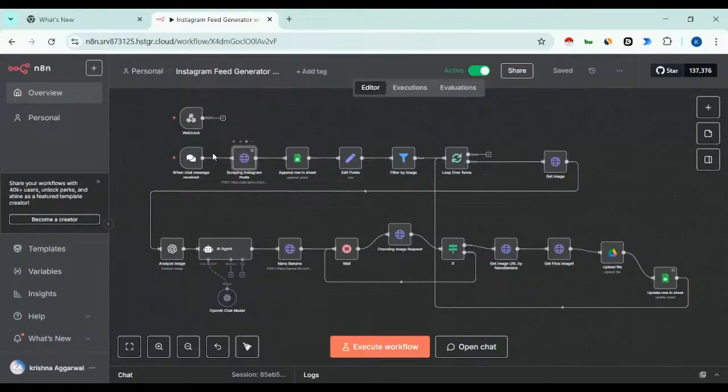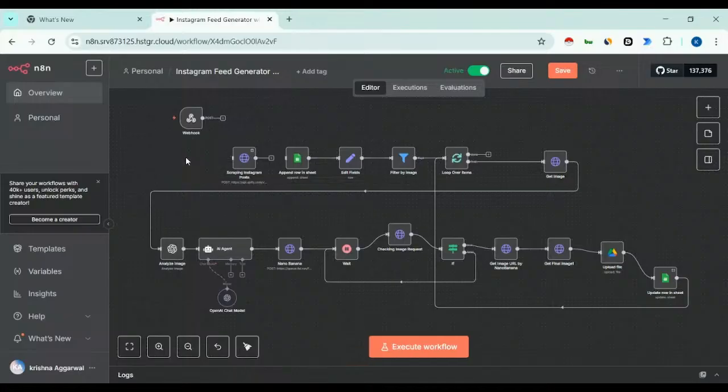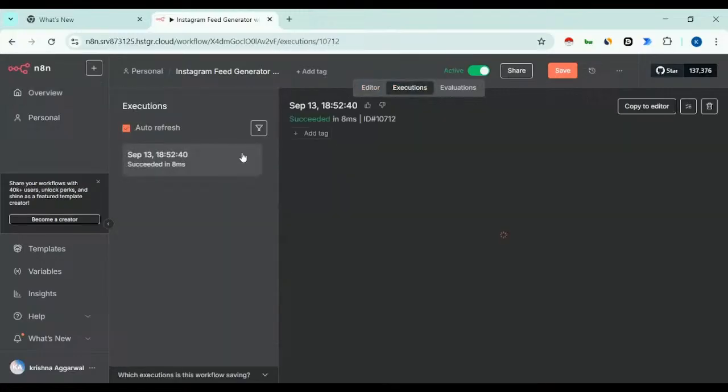So let's say we will now delete this, and even we don't need the sheet right now. We should either use Supabase or directly send it through JSON. Currently, let's send it through JSON. Later on, we can modify it on Supabase. Let me connect it. And if I take the last execution and copy it to the editor,